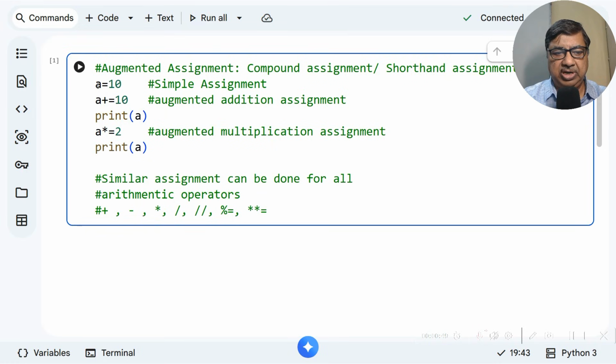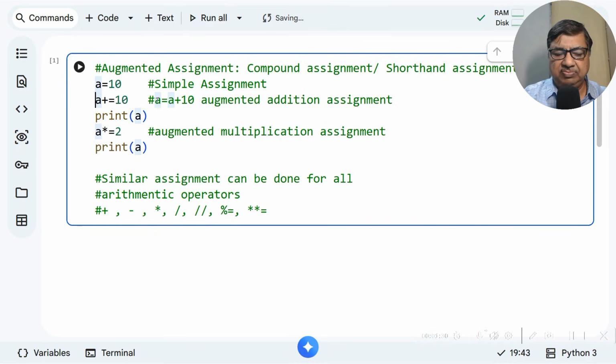So this is simple assignment, we already know this. That means 10 has been assigned a label A. Label means a memory location A, right? Now I want to write, say like this, A is equal to A plus 10. So this means a sort of updation of value of A. Actually in Python, value 10 has been fixed in memory, but I want a value which is higher than value of A by 10. So I can represent it like this. So a new value 20 will come, right?